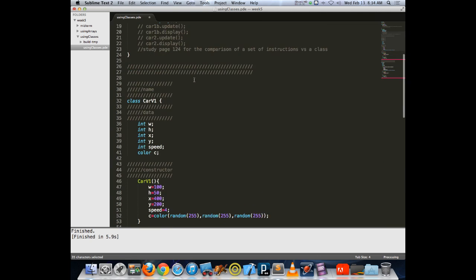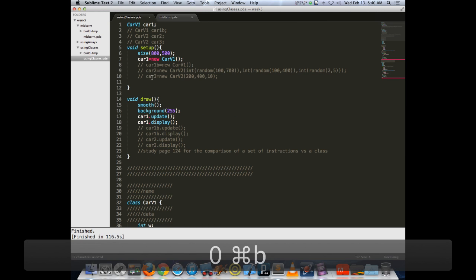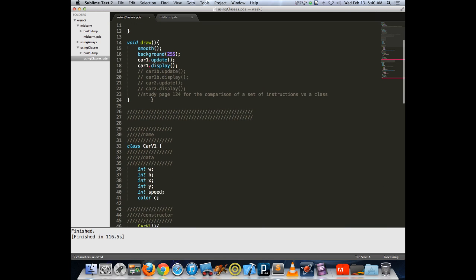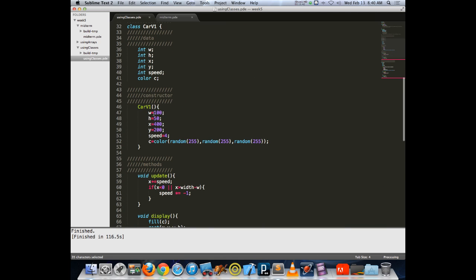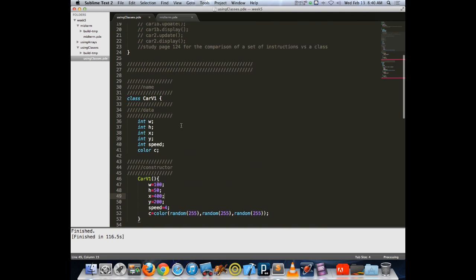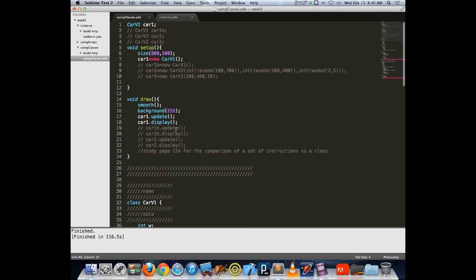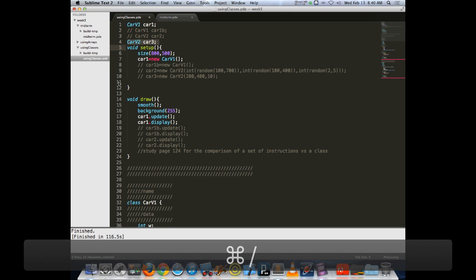So right now, car1 accepts no parameters, and even when I made a second car, we saw that one piled on top of the first one, because the car is fixed with its values. Now, if I just threw a bunch of randoms in there, okay, fine, then they would show up in different places, but it's not giving me a lot of finesse or control, because if I want to specify exactly where I want those cars to be and how I want them to look, that's not going to work really well. But if we use my V2 car,